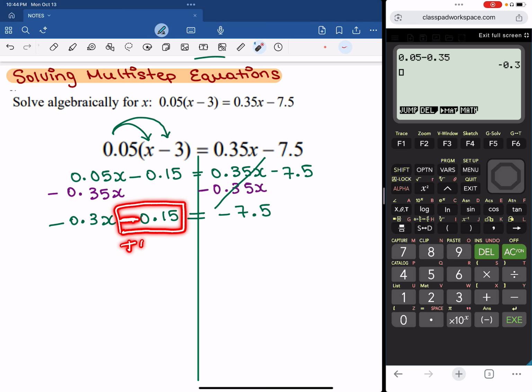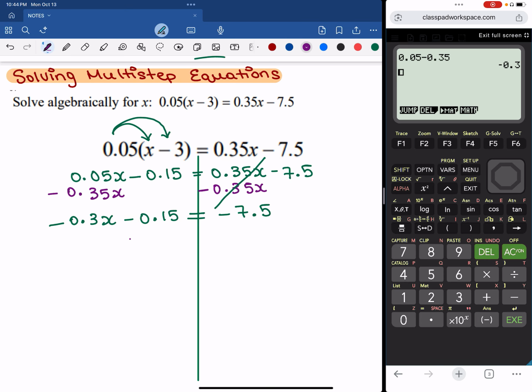So I need to add 0.15 to both sides of this equation. So plus 0.15, plus 0.15. We know that this is going to cancel out, and we're going to be left with negative 0.3x is equal to negative 7.5